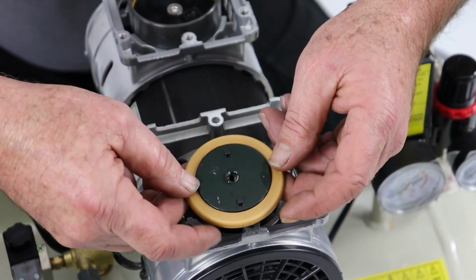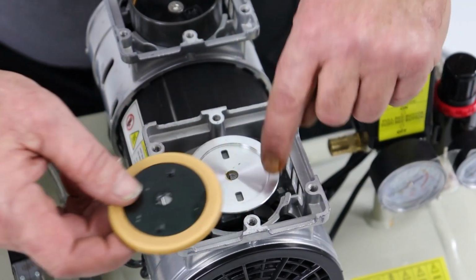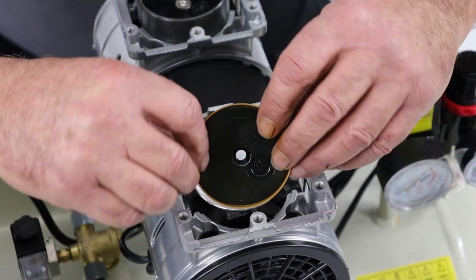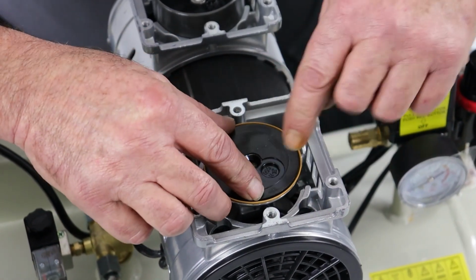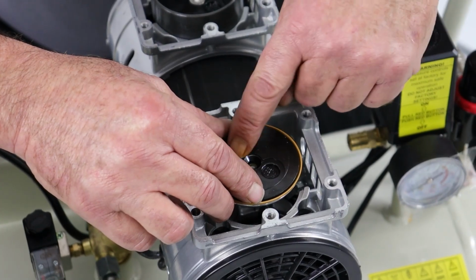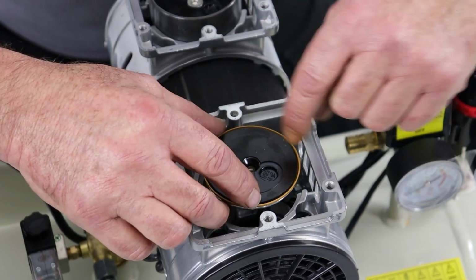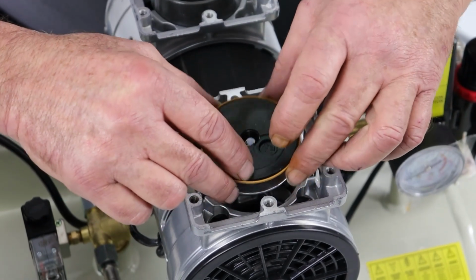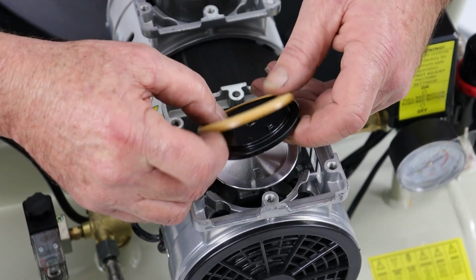And you'll see on the underside that there are these two lugs and corresponding holes in the top of the piston. So when we put it back on, we know it goes with the logo facing that way, as I'm looking at it now, and the two lugs are in the hole when we put the screw back in. That said, if I just take this off,